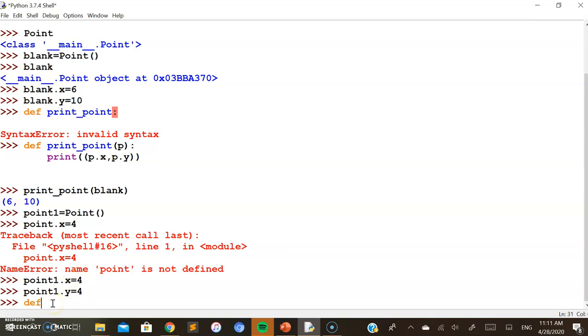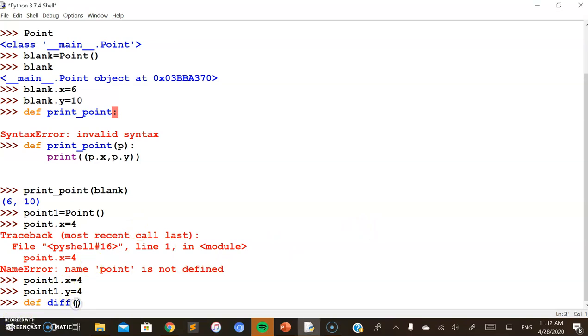So next I need to define a function which is going to identify the difference between these values.